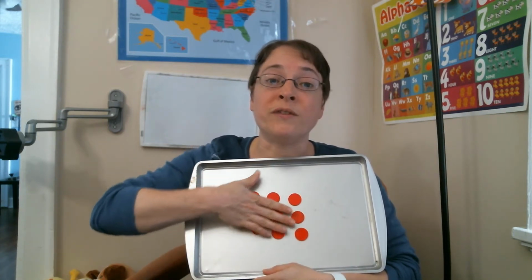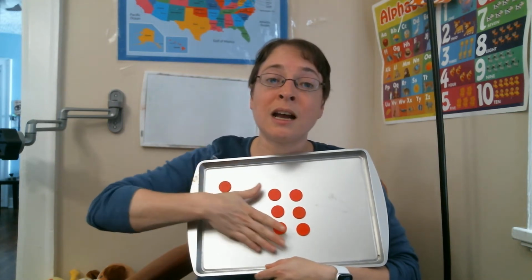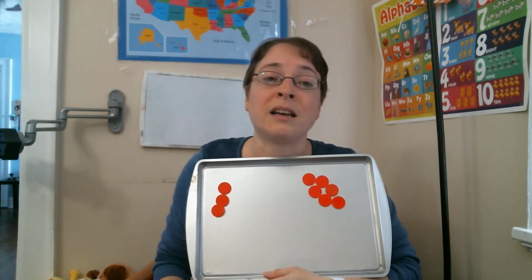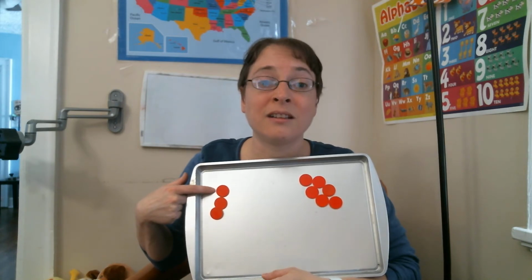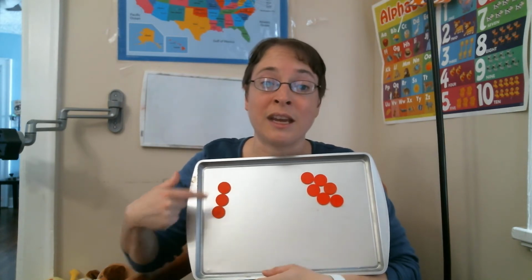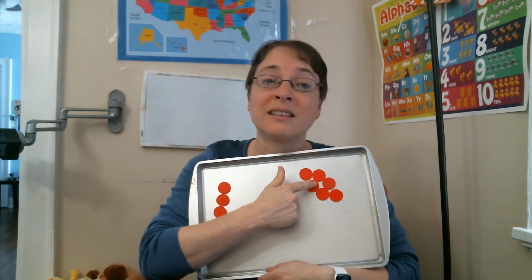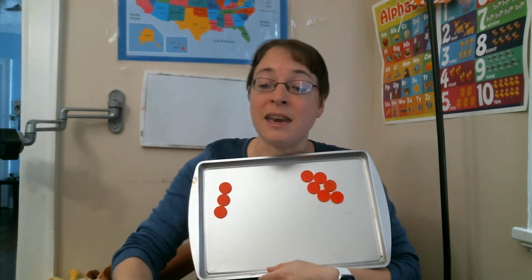You just move some to one side and some to the other side. How many pennies are in this pocket? 3. How many are in this pocket? 6. Can we make a number bond